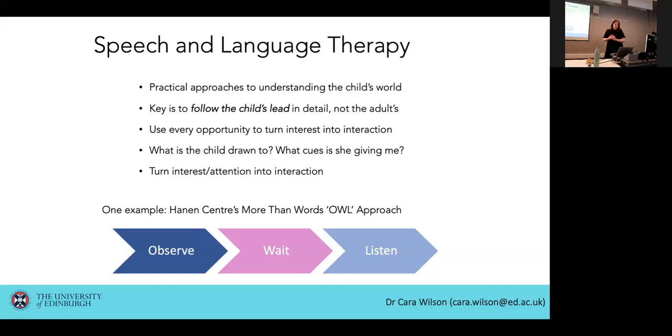they're reaching for. And then waiting gives you time to observe the child's interest. You stop talking, you lean forward, you maybe look a bit expectant. So you can see it's all very embodied interactions that you're doing as the interacting partner. And then listening is paying very close attention to all the child's words and sounds. I haven't got the date there, but it's a very old method. But we thought, let's play around with some of these small techniques that can be used in contexts to see what children might be saying